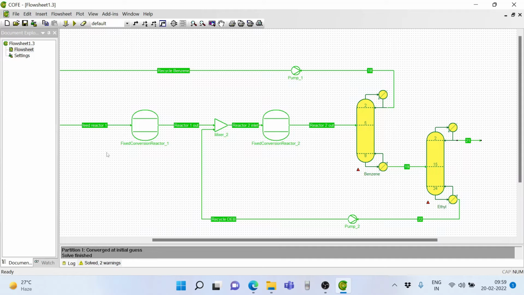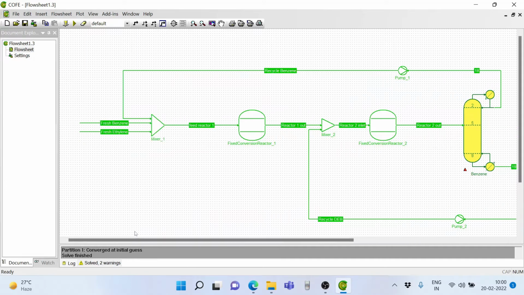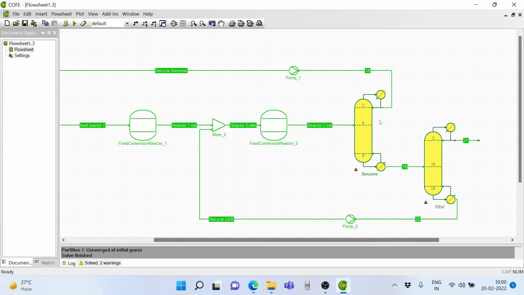Now, what is the advantage? Now, one would ask, all the students or all the professionals who would be looking at this video would ask, what is the fun in simulating it? We could have done an energy and mass balance on the paper and itself got it done. Remember, the information that we have got here is what is the number of trays you are going to have in the distillation column. The energy required in the distillation column now